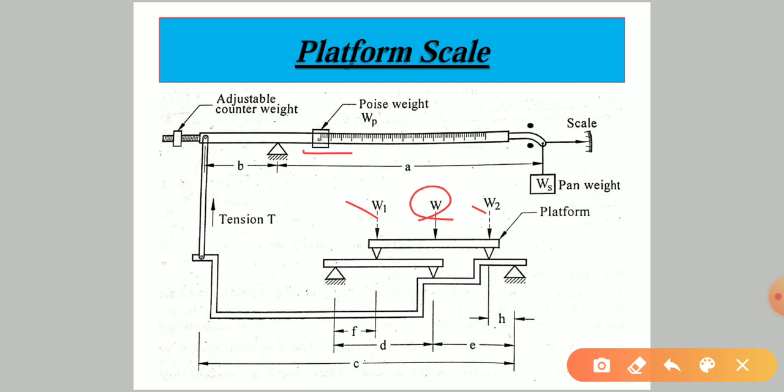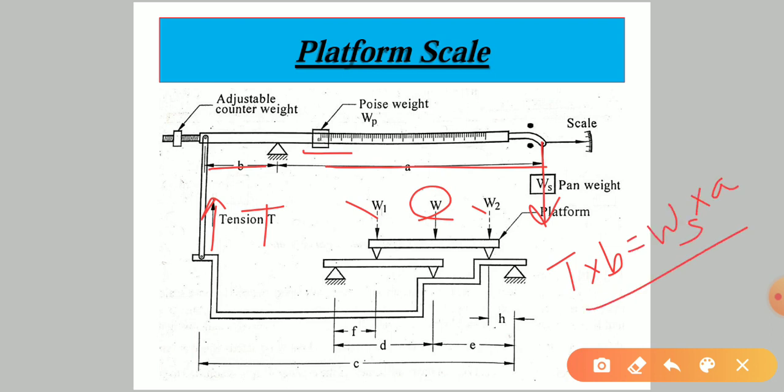Over here is the pen weight WS, this is distance A, this is B, and this is tension T. So for the equilibrium condition, T into B will be equal to WS into A. But as we know, T into C, from this tension T to this total distance C, is equal to